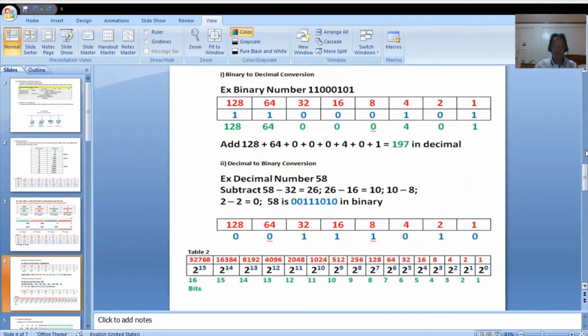Now, paano mag-convert ng binary to decimal? Ilalagay lang natin doon sa table, i-fit lang natin kung ano ang 1. Tapos, pwede nating i-add lang, instead na i-multiply, kung alin ang 1. So, dahil dito sa binary number na example natin ay